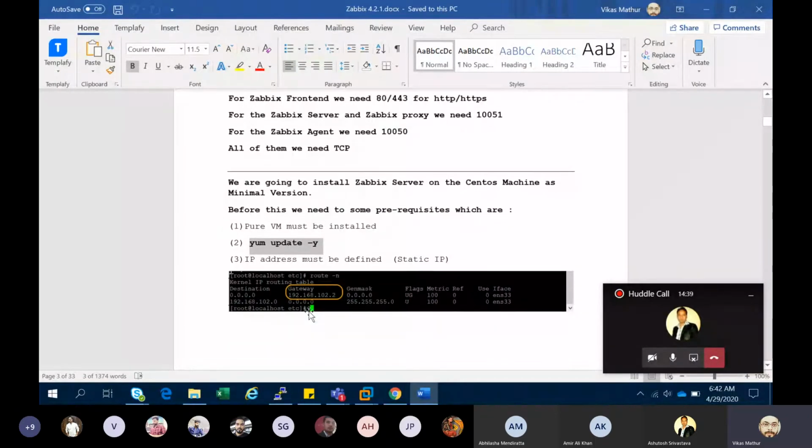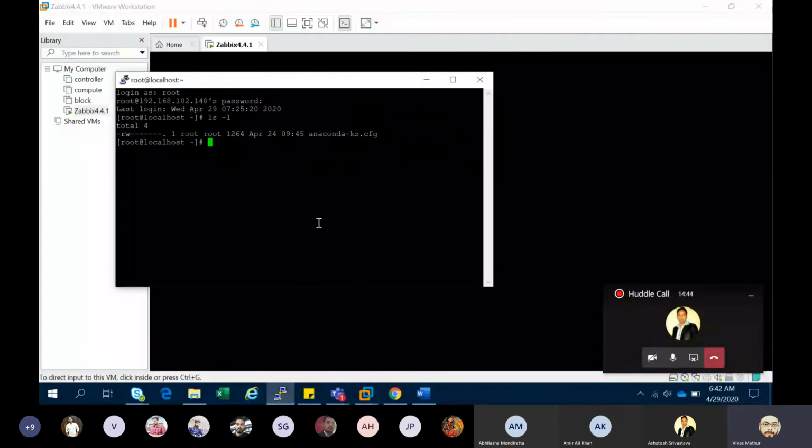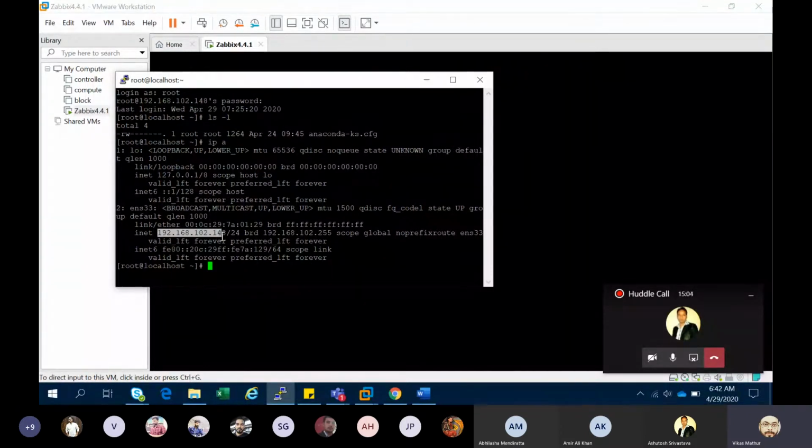After restart, I enabled my networking, and my machine was automatically assigned a particular IP address. This is my IP address, and it is a dynamic IP address.